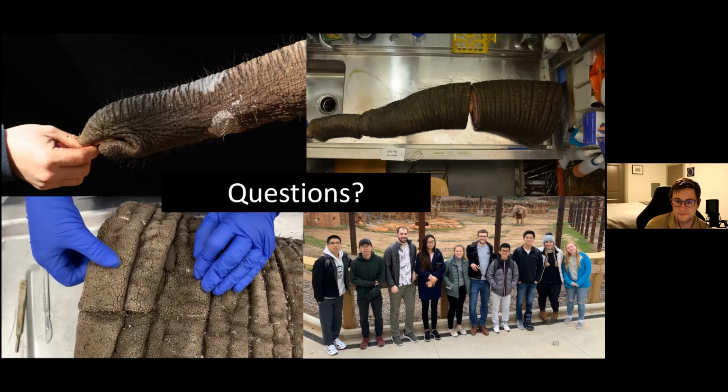We know they can suck food up into their trunk and blow it back into their mouth. So again, if you want, send us a high-speed camera and we'll let you know what's going on. Although probably we all have one in our phones nowadays. The other challenge for the tracker, just before we get on to questions, is it can't use